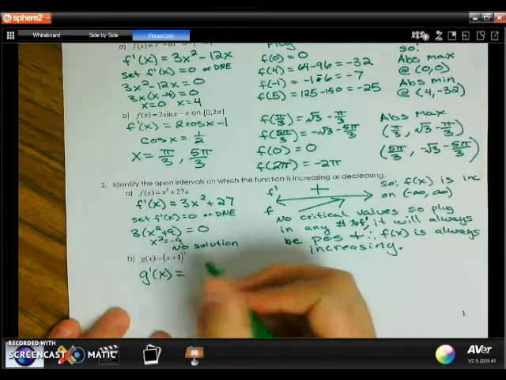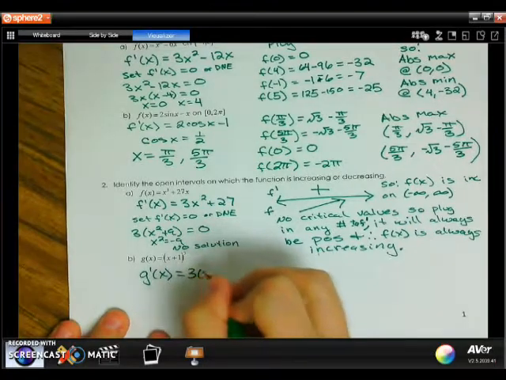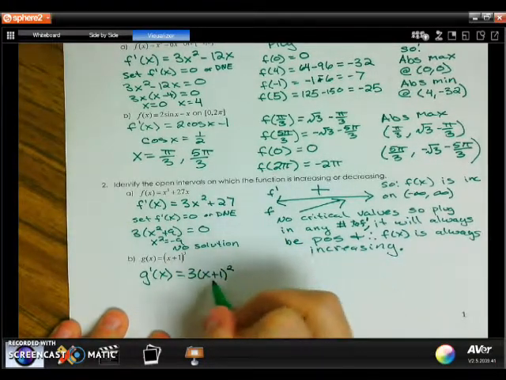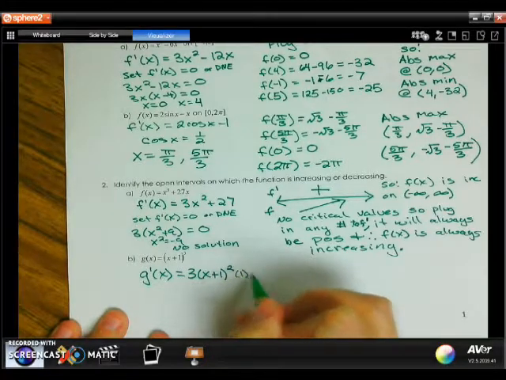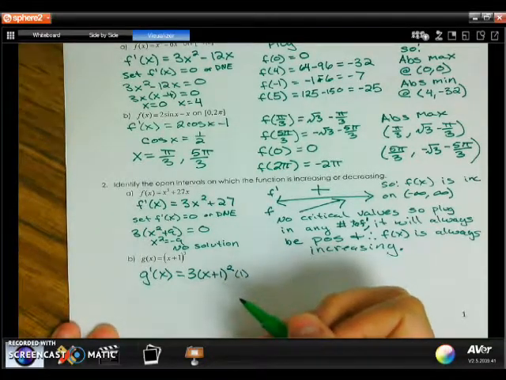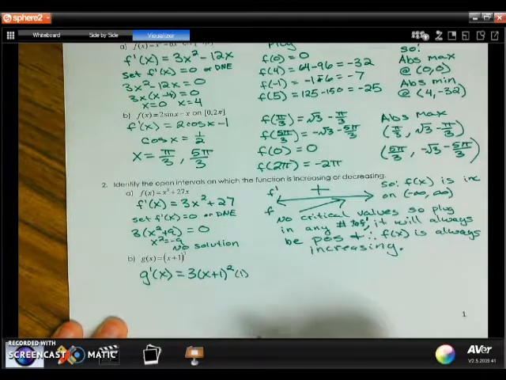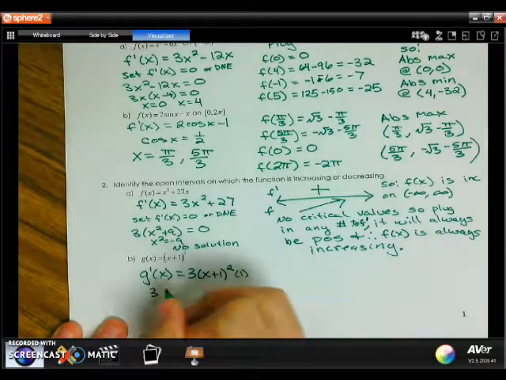Okay, and this is going to be a chain rule, so you bring the 3 out, you recopy this, you decrease the exponent by 1, and then you multiply by the derivative of the inside. The derivative of the inside here is just a 1 though, so that makes it a little bit easier. And I set this thing equal to 0. So if I set that equal to 0,